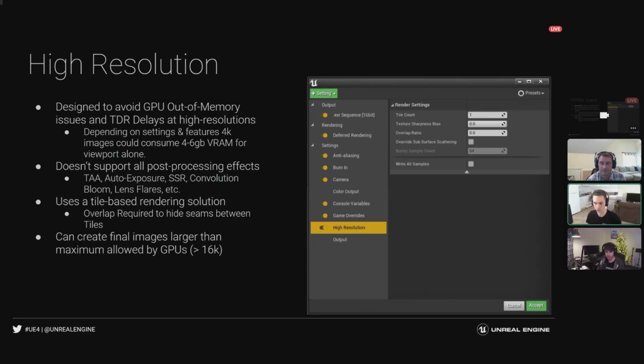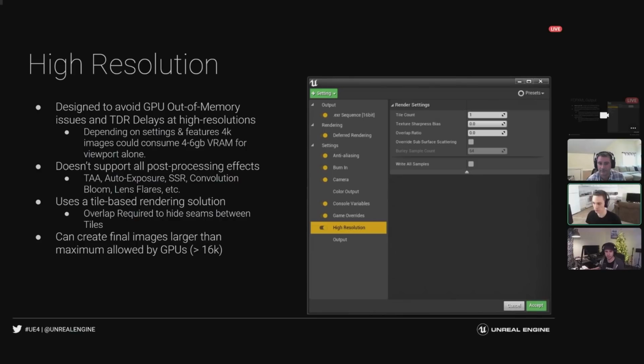So even though we don't support quite all the rendering features, you are able to get most of these back in post-production. One thing I did want to call out specifically is that large render resolutions can consume a surprising amount of VRAM. Most consumer cards only have 8 to 12 gigs of VRAM.